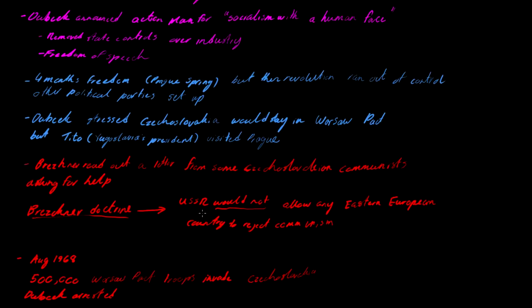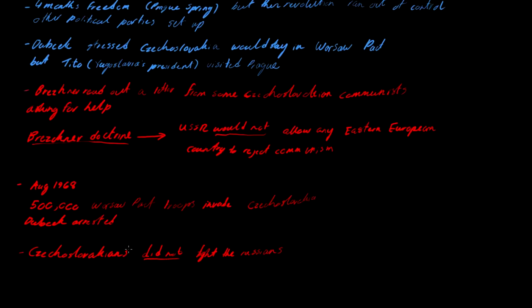So then, because of the Brezhnev Doctrine, we have 500,000 Warsaw Pact troops invade Czechoslovakia in August 1968. Dubček and 3 other leaders were arrested and sent to Moscow. And the thing about this is the Czechoslovakians did not fight the Russians. Instead, they stood in front of the tanks and put flowers in the soldiers' hair. And a guy called Jan Palach burned himself to death in protest, but they didn't fight the Russians like the Hungarians did in the Hungarian uprising,